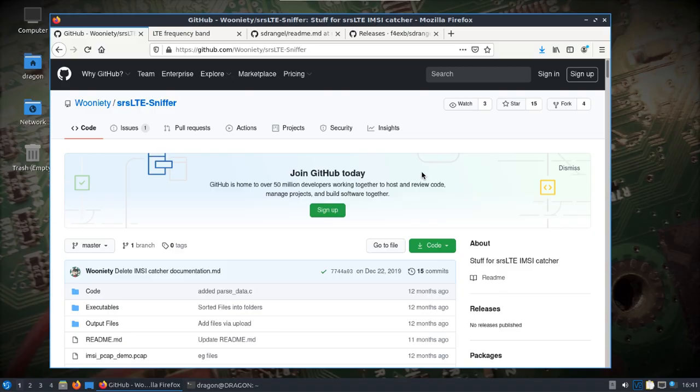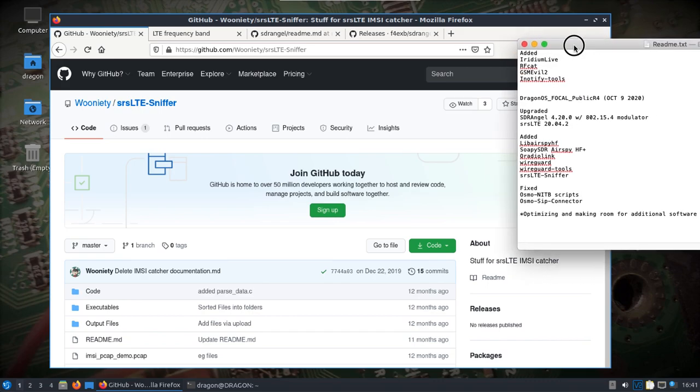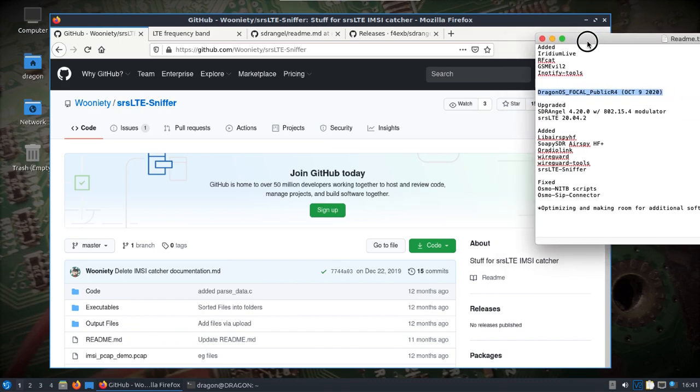Okay, I wanted to put this video together to show what I've been working on, and also to get feedback before I wrap up another DragonOS Focal ISO. So no real order to this, I guess, other than use my notes here. Just going to go right down here. I'll have to change this date when it's actually done, but what I've done so far is upgrade SDRAngel as